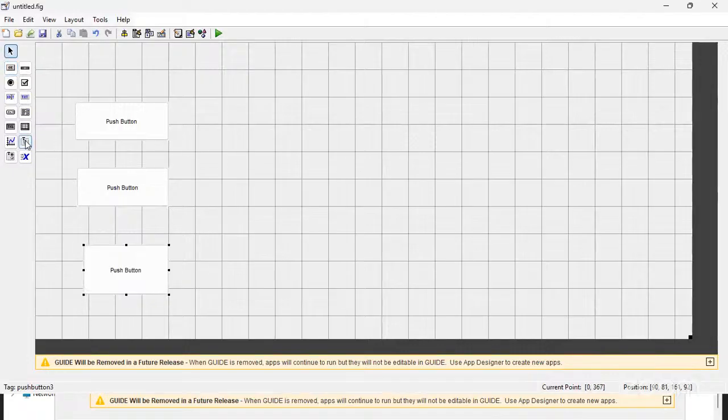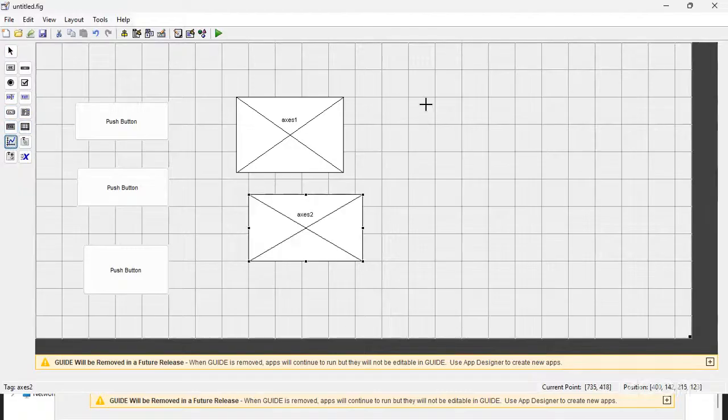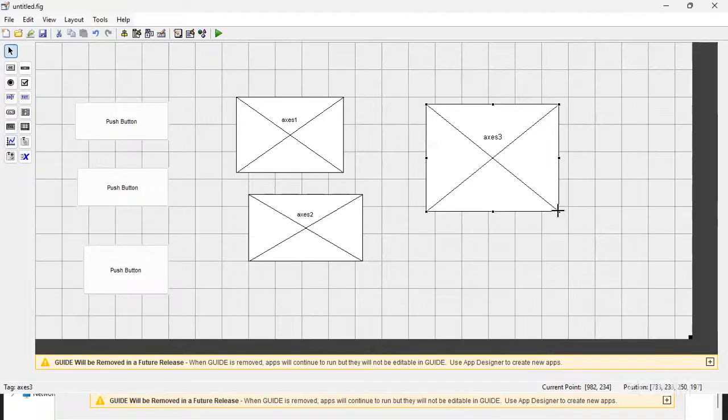Each button is for displaying some images, correct? So down here I will add axis 1, axis 2, axis 3. If I click button 1, I want to display the image in axis 1. If I click button 2, I need to display it in axis 2. If I click button 3, I need to display the image here.